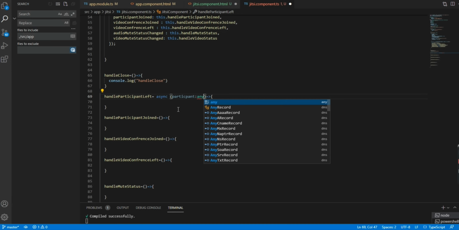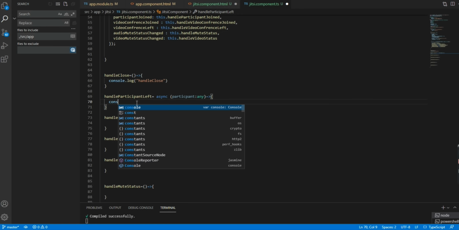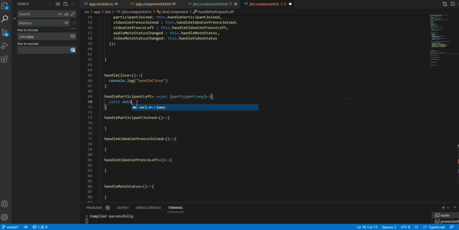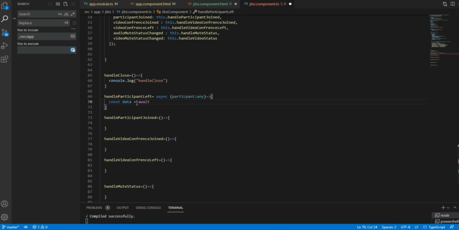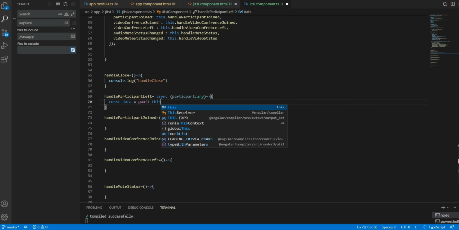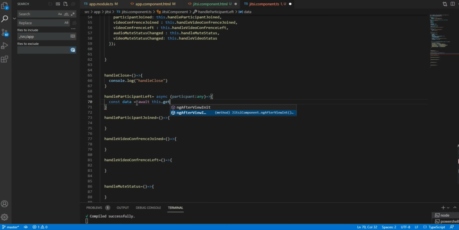The parameter we pass is participant of any. Here we will write const data is equal to await.